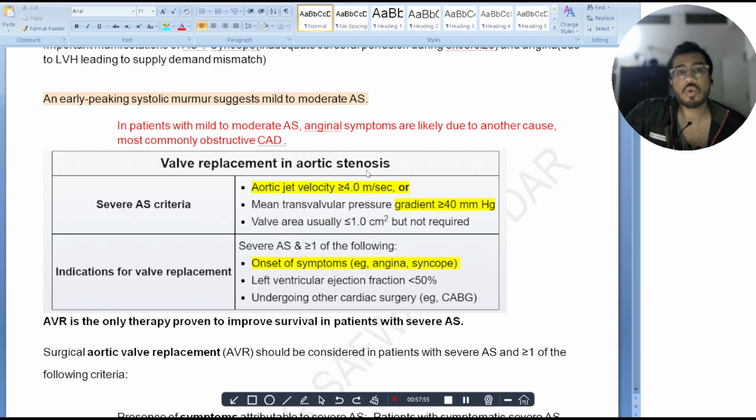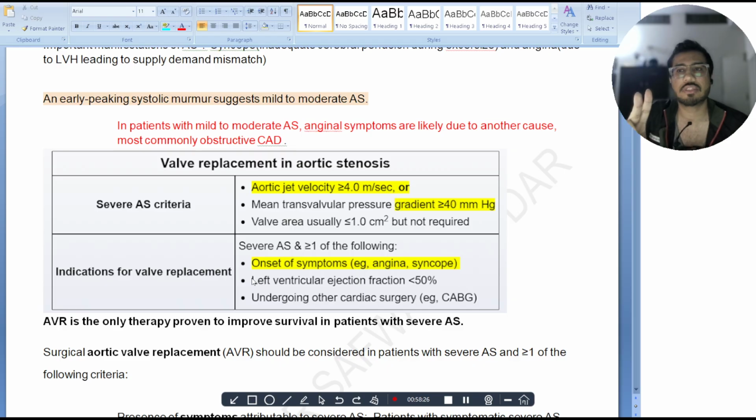So if you get any one of them, it's not required that you get all three, just any one of them, plus the patient is having troubles because of aortic stenosis, you're gonna go for a valve replacement. What troubles? You ask yourself, what troubles can the patient have? The patient might have lightheadedness, syncope during exercise. The patient may have anginal symptoms because of strain on the heart. The patient can have